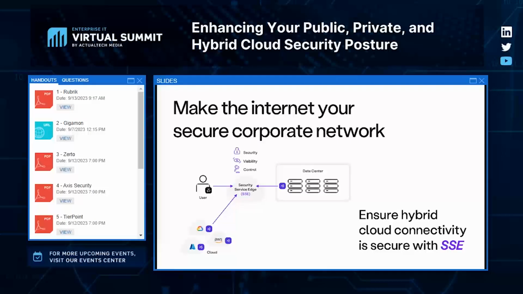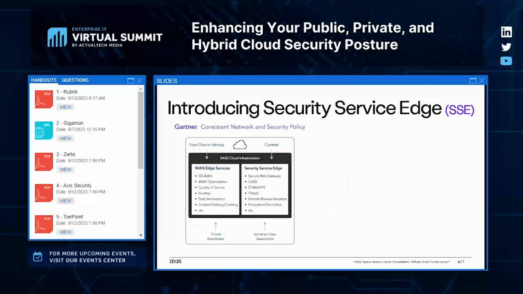This is the basis for how we should start to think about transforming security away from those data center based appliances to more distributed cloud-based technologies. And this is the basis for what Gartner is calling Security Service Edge, or SSE. So let's break down SSE. SSE is part of a wider framework known as SASE. This term was coined by the analyst firm Gartner in 2019. The goal was to bring together network and security to solve the challenges of distributed applications and a growing remote workforce. The SASE architecture is delivered in two technology stacks.